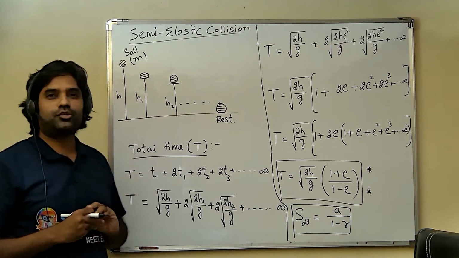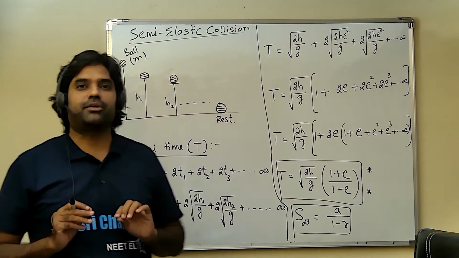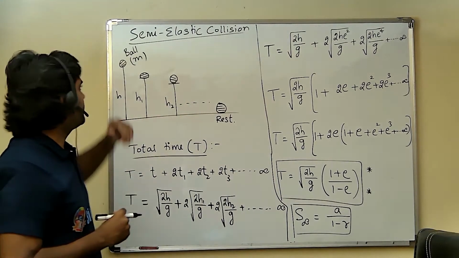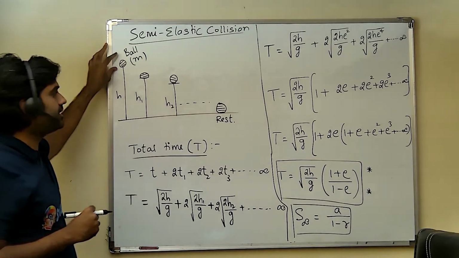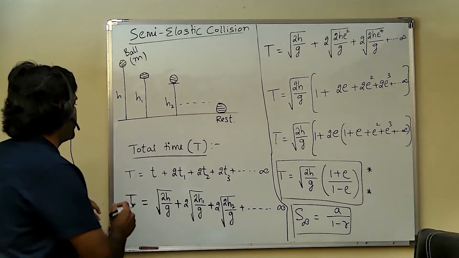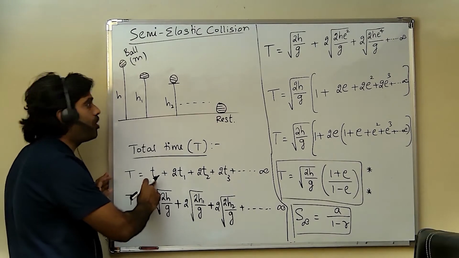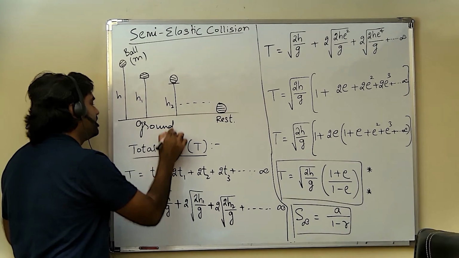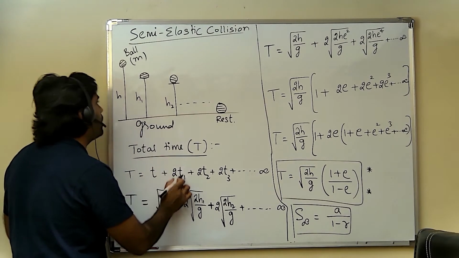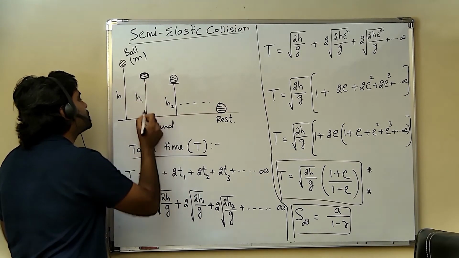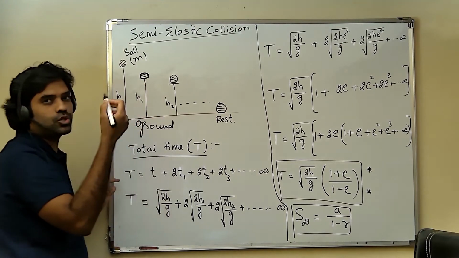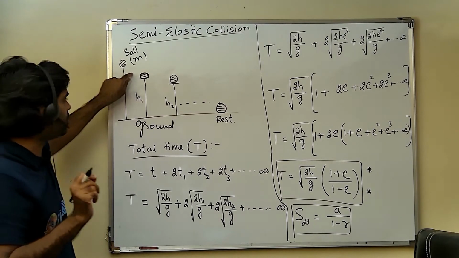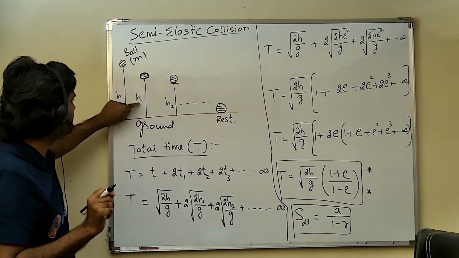In this, we need to find out the total time taken by the ball before coming to rest. Here the ball is released from height h. Let us consider, students, t is the time taken by the ball in reaching the ground. And let us consider t1 is the time taken by the ball to fall from h1 to the ground. That is, after first collision, the ball rises to height h1. So let us consider the time taken by the ball to go from ground to height h1 as t1.